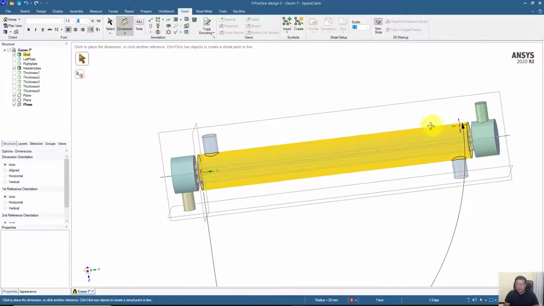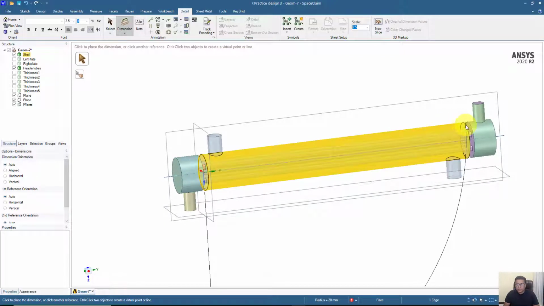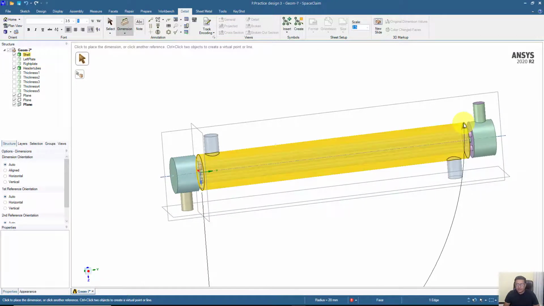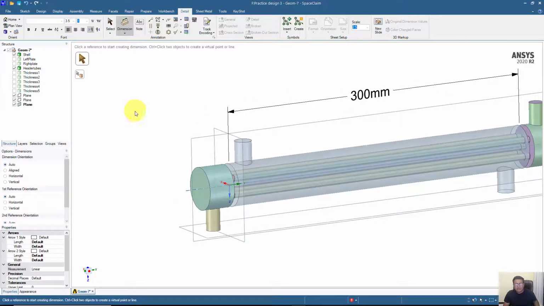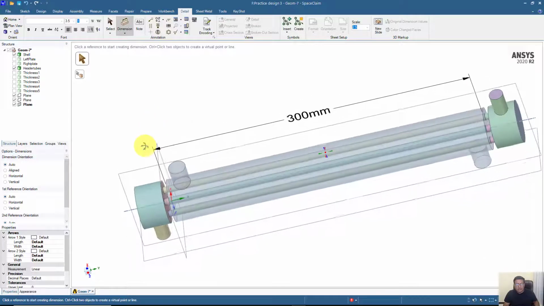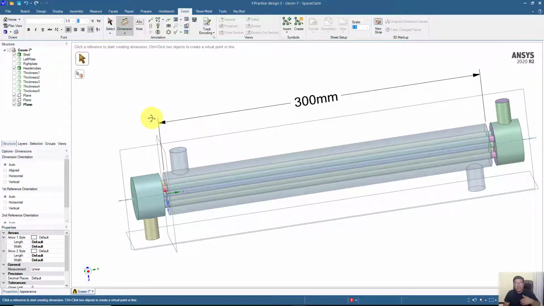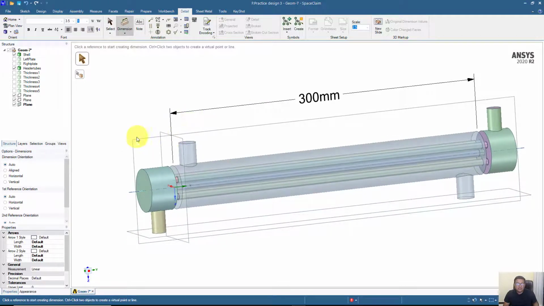Now I want to place a dimension for the shell part, which has a dimension of 300 millimeter. So choose the two curves on the end of this shell, and you will notice that we have this part here. Sometimes what will happen is that the dimensions are flipped, meaning that you will see the 0 0 on this side and the 3 will be flipped, so it will be a mirror dimension, or we can say this is on the other side of the plane. In that case, you can just rotate the plane.